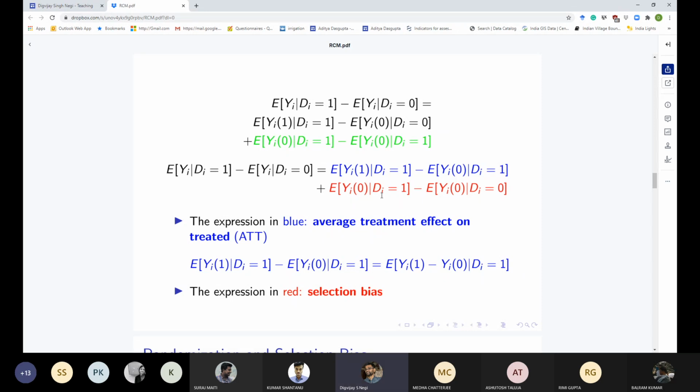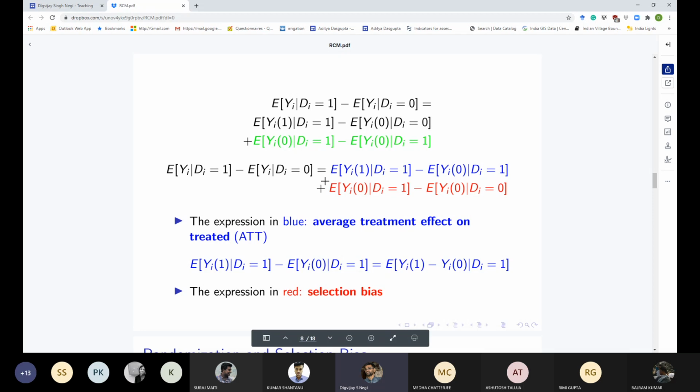But the problem here is that we don't observe the potential outcomes for the treated group when they were not treated. How can you observe that, right? That's unobservable. You can't see it. So this red object, the selection bias, you can't estimate it or you can't test for it. Of course, there are ways of thinking about selection bias and quantifying it. But under this structure, the selection bias is something which is unobservable,